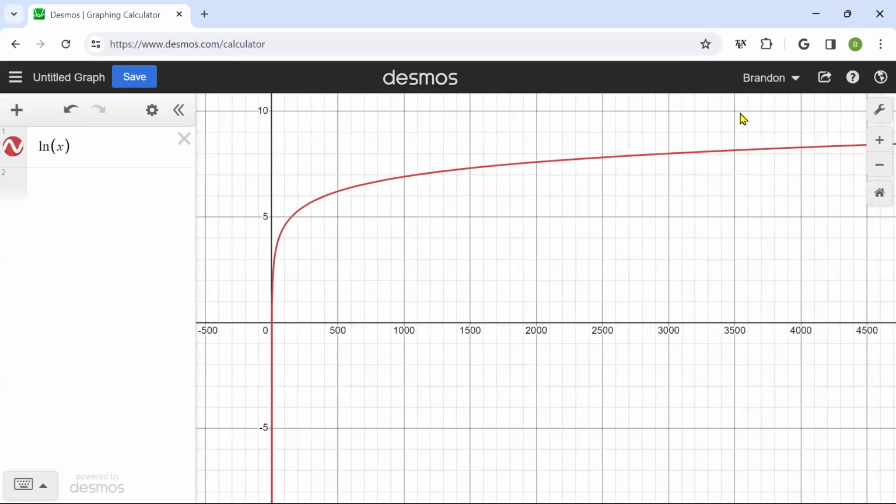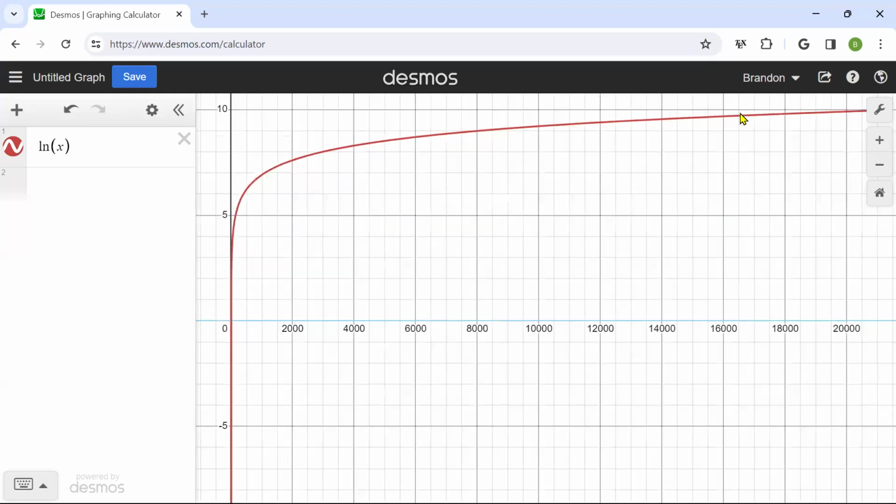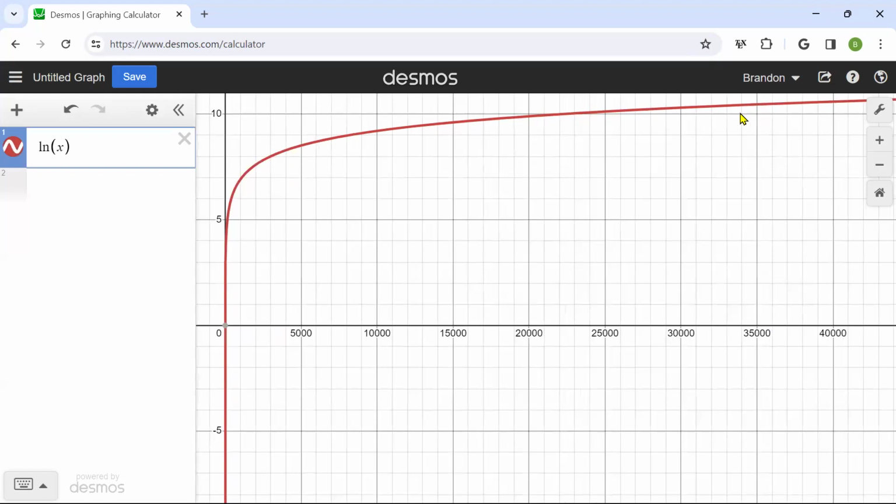And you're like, geez, how far do I have to go before it gets past 10? But bam, it will eventually. And so it takes a really long time for it to reach values. You've got to plug in this massive number, about 22,660, before you finally get an output of 10, but you will get an output of 10. And you can do this for any number. You can pick a number like, say, 1 billion. There's going to be some x value where the natural logarithm hits 1 billion. What is it exactly? Well, it's a huge input number, but there is something that it'll reach.